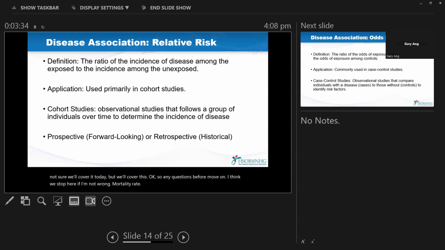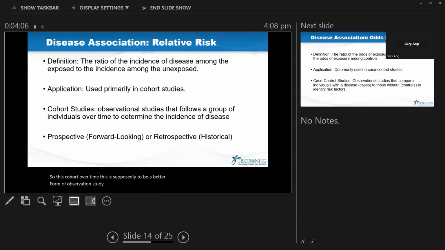Okay, so this is called relative risk. Relative risk refers to the ratio of the incidence among those exposed to the incidence among those unexposed. When you talk about this, it's usually about a cohort study. A cohort study is very simple. You know cohort, right? For example, a cohort of patients from year 1, and you follow them up for 10 years. This is supposedly a better form of observational study,